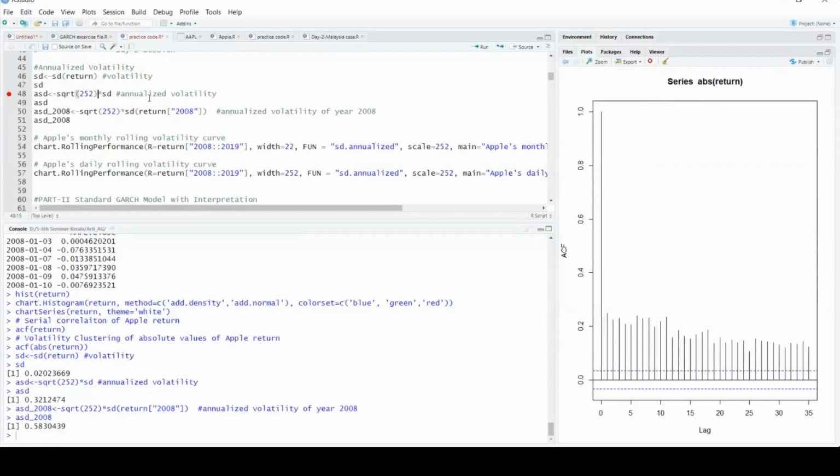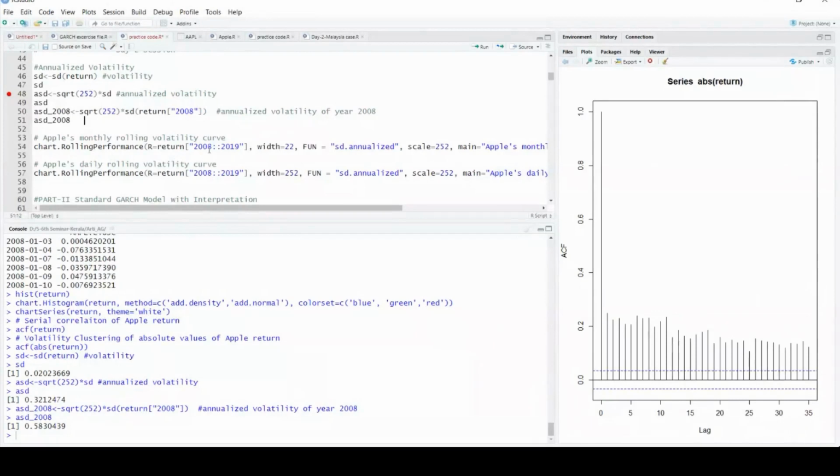If you want to calculate on a monthly basis, we say we have nearly 22 trading days in a month, so you multiply by the square root of 22. So there is a volatility curve which I'm plotting here from 2008 to 2019. You can see the plot.